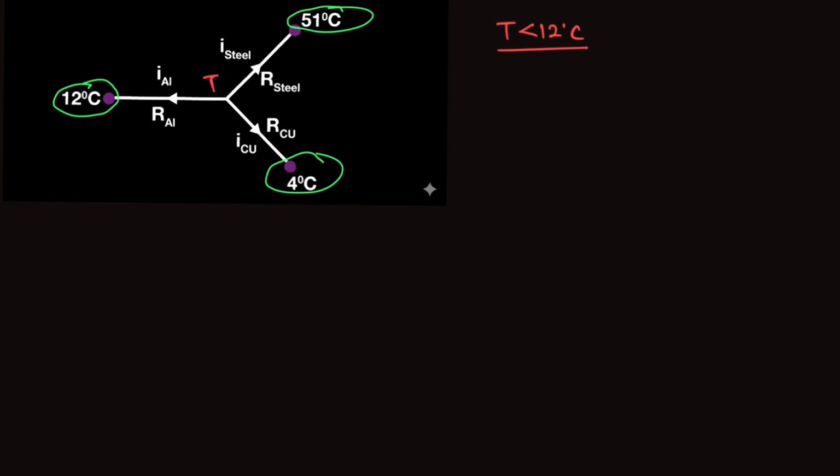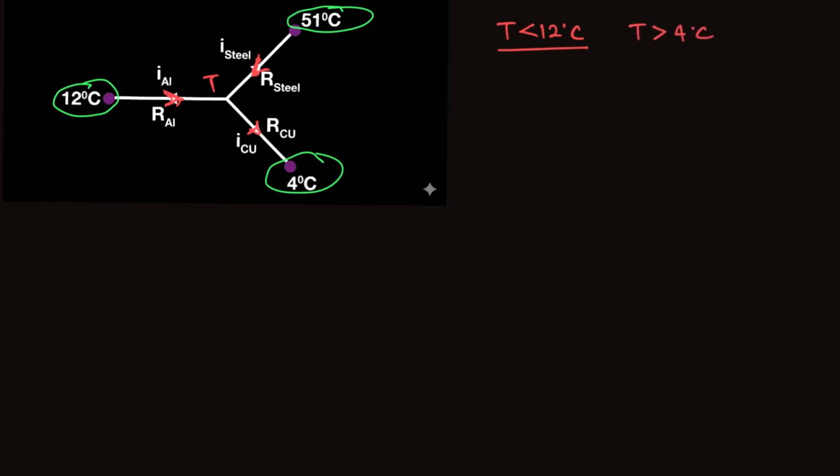If I assume T is less than 12 degrees Celsius, it means heat will flow from this to this one, and heat will also flow from this to this one, and heat will flow from this to this. Means T is less than 12, but obviously T is less than 12, and T is more than 4 degrees